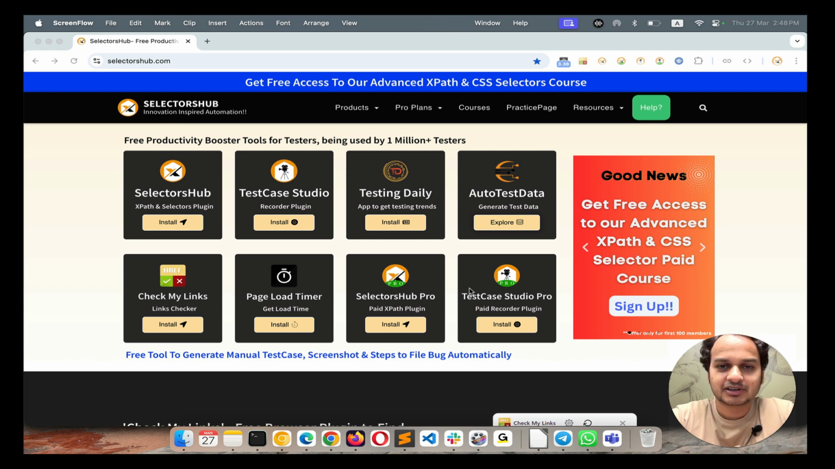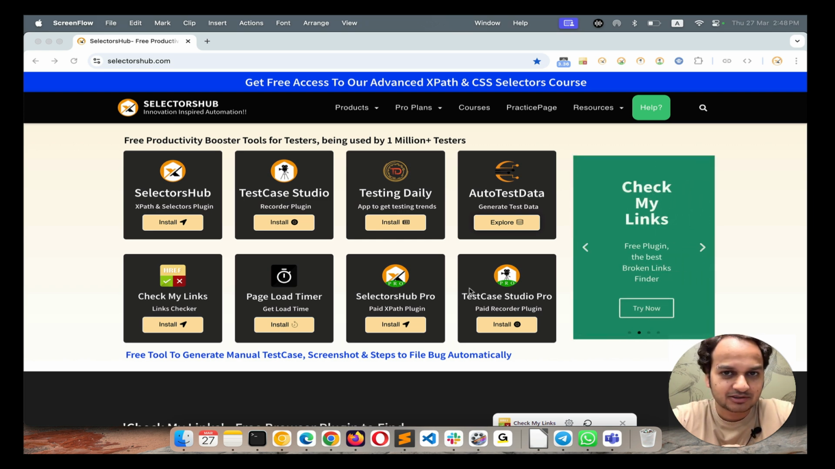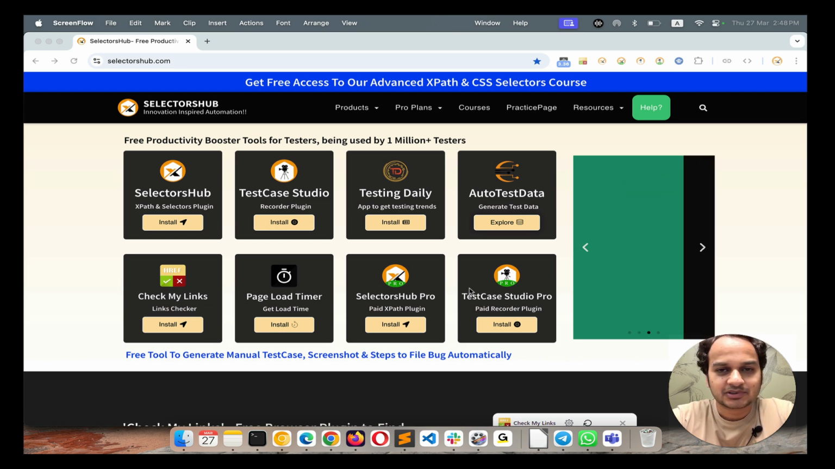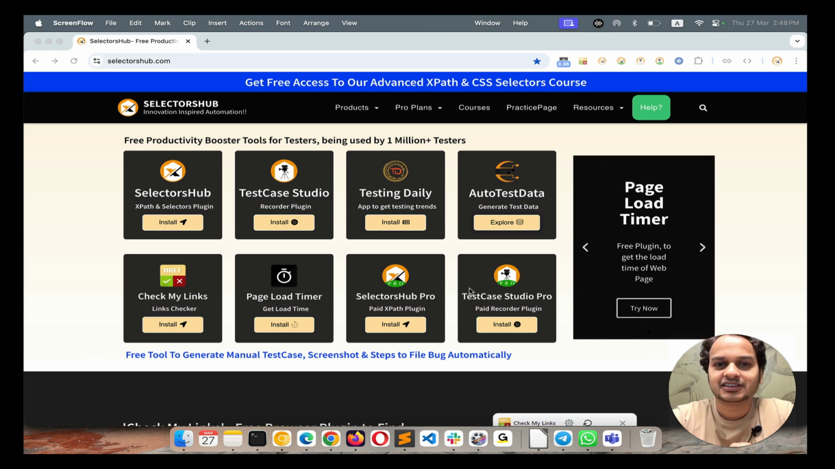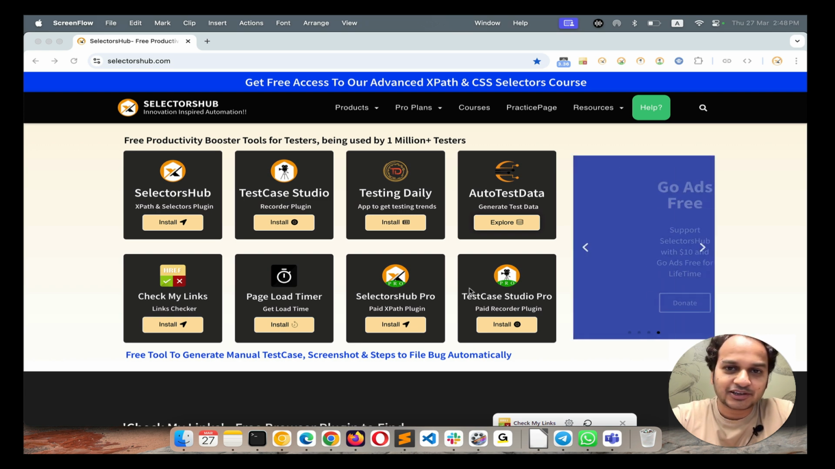Is it really going to help you in real time when you will be working, or is this just good to post on LinkedIn or just to create a video on that? We will see practically. Earlier people used to say don't use an XPath tool, write your own XPath